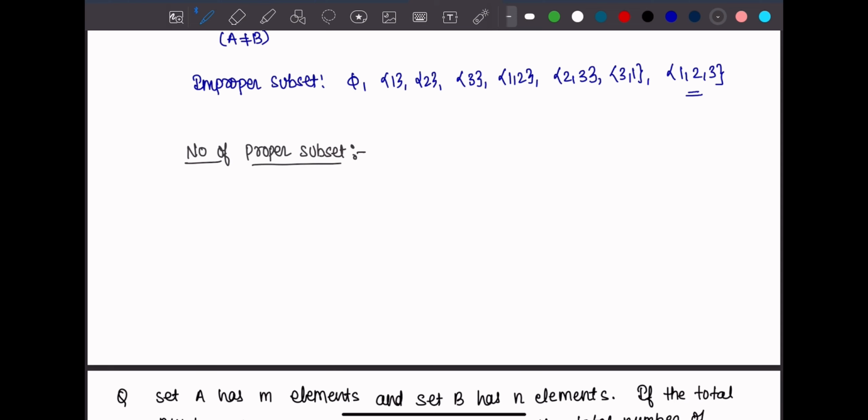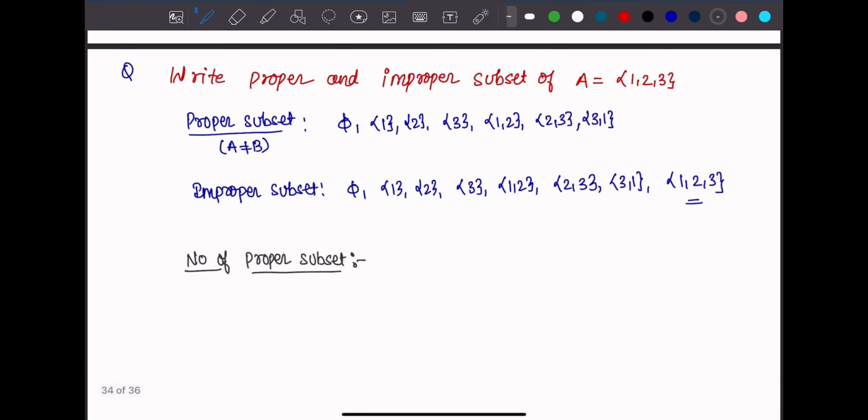Number of proper subsets. If you count the number of proper subsets, we are getting 7 here, right? Which means we will say 2 power n minus 1. Originally the number of subsets is 2 power 3, that is 2 power n, which is 8, but we are getting 7, which means 8 minus 1. So we will write: